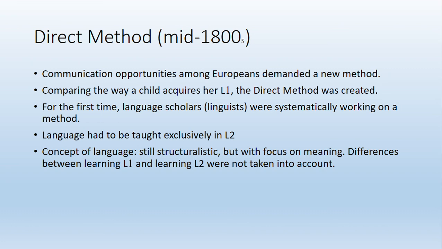So the direct method was a response to the grammar translation method. I'm not saying that it did not work. Of course, many people learned by using this method, but it was created having in mind the theories that were available at that time. I'm talking about the 19th century, right? The theories were that an adult could learn a second language the same way a child could learn a first language. However, nowadays we know that this process is different, that the brains work differently, okay?